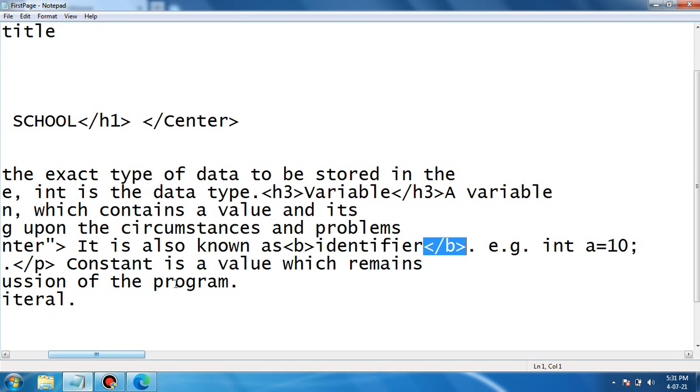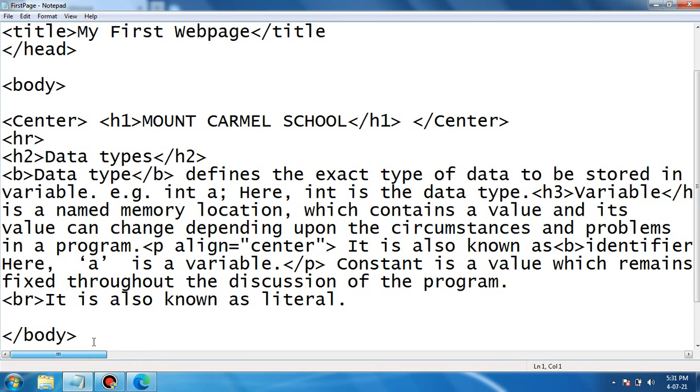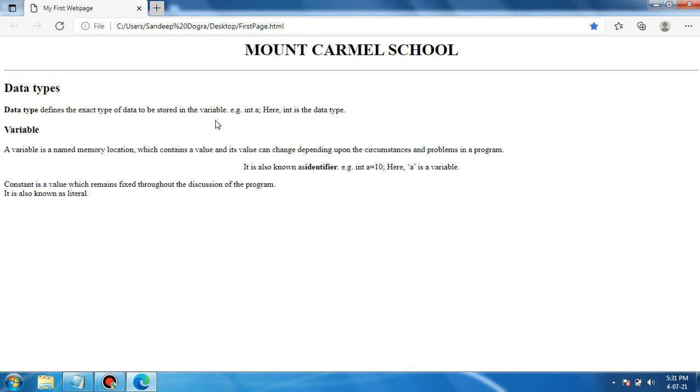Next is italic, I tag. We can make the text italic by using the I tag. Let us suppose I want to make these words, named memory location, italic.